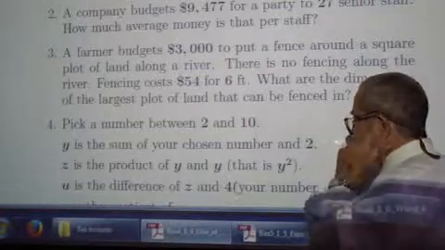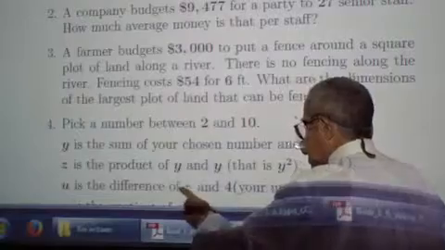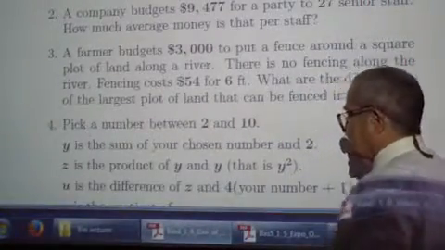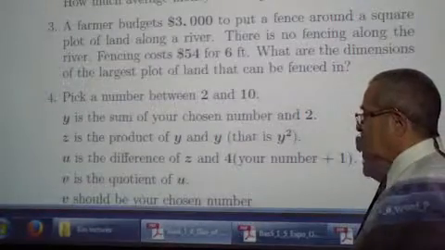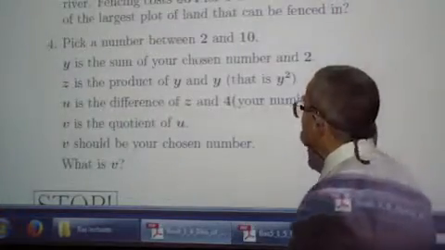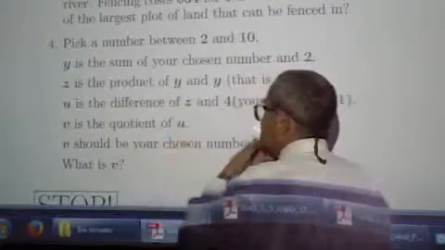You got your number z now, you use it. The u is the difference of your z and 4 times the number that you chose up here. So be careful if you understand what difference means. And then finally, you want to use the number u in order to find the number v, which is a quotient of u